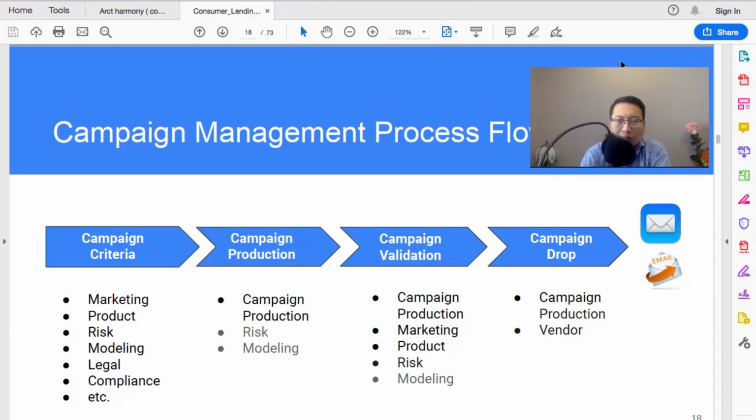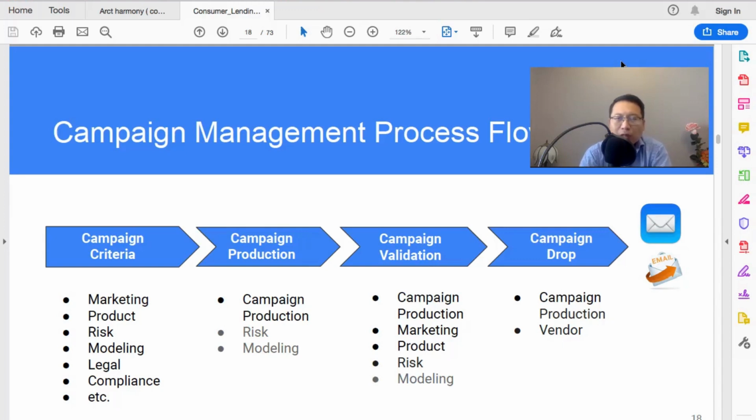The modeling team, if their score is getting used, and especially if it's the first time, wants to make sure that their score is used correctly. Believe it or not, there are times that the score is delivered perfectly, but the campaign production team somehow misinterprets the value, how to use the score. So that could make the whole campaign futile, right? So validation is very important. All the major stakeholders need to be involved to reduce the likelihood of sending a wrong file or one with the wrong format.